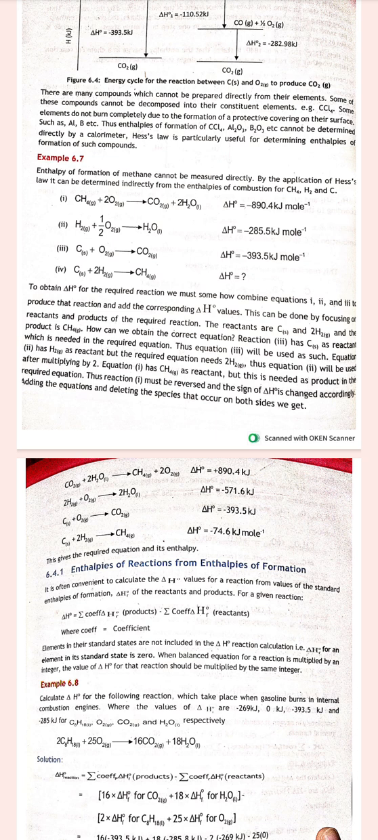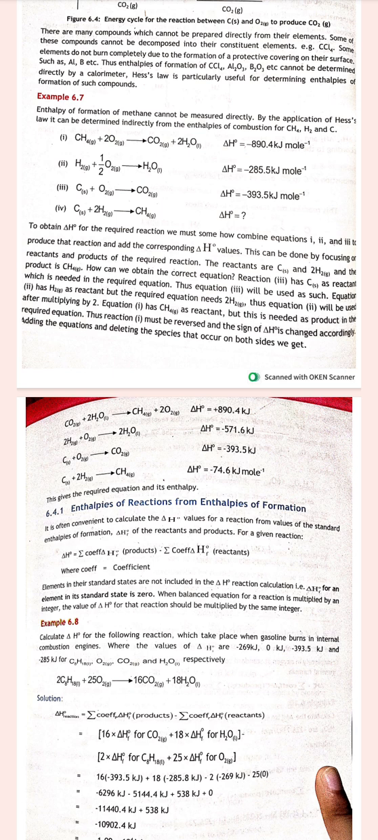Reaction 3 has carbon as a reactant, which is needed in the required equation. Thus equation 3 will be used. Equation 2 has H2 as a reactant, but the required equation needs 2H2. Thus equation 2 will be used after multiplying by 2. Equation 1 has CH4 as a reactant but it is needed as a product in the required equation. Thus the reaction must be reversed and the sign of del H naught is changed accordingly. Adding the equations and deleting the species that occur on both sides, we get